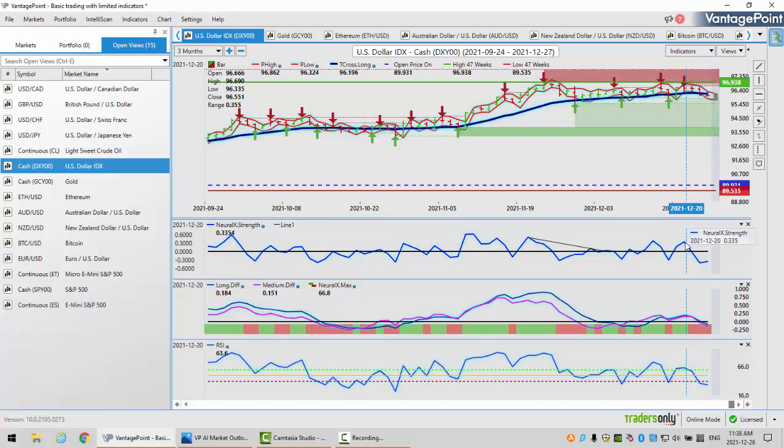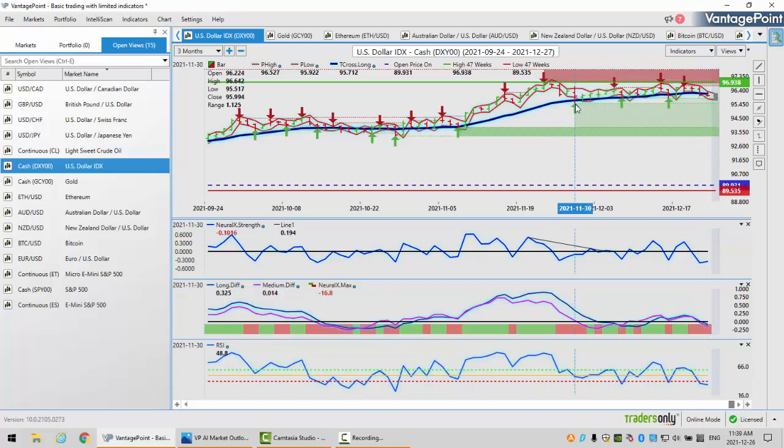We have our neural index strength dipping lower, our medium term crossing our long term predicted difference. This, by definition, means our medium term trend is weakening against the longer term uptrend. They're both pointing down and they're both breaking down below the zero line. As outlined in last week's weekly outlook, using the predicted RSI, we're using a 60-40 split with a modified 9-period predicted RSI. When we break down below the 40 level, that tells us we have momentum building to the downside. And of course, the neural index is 100% in support.